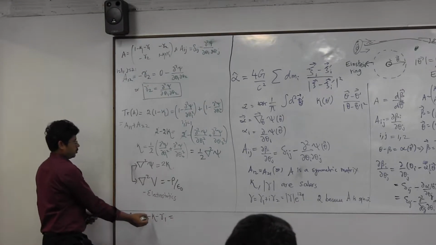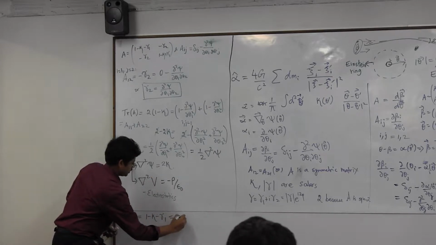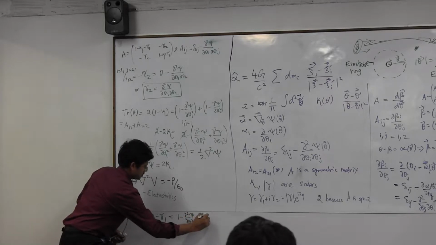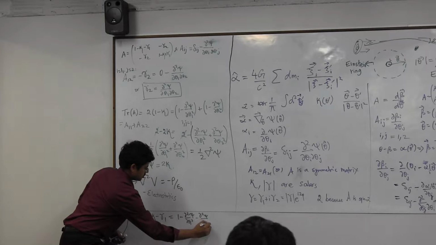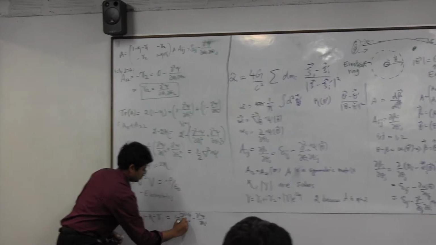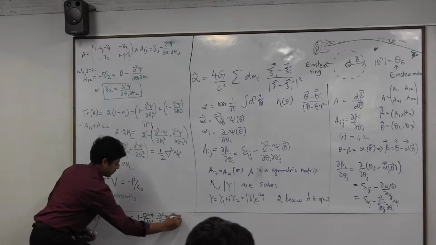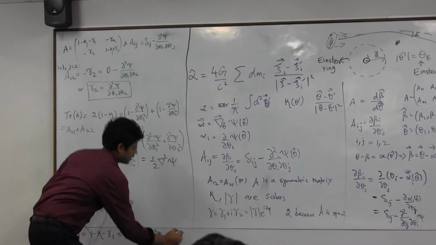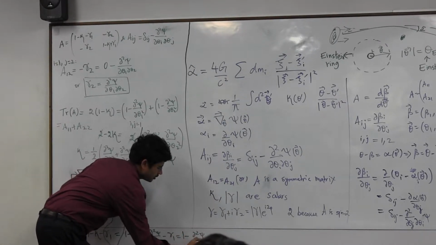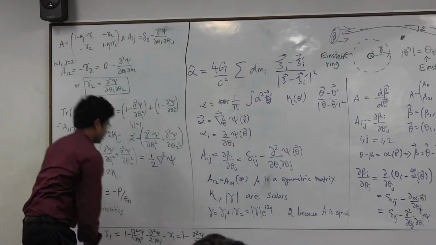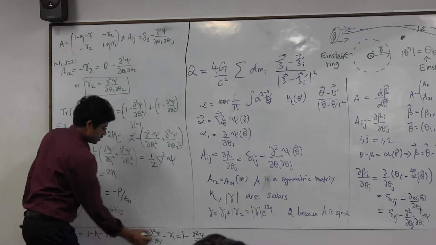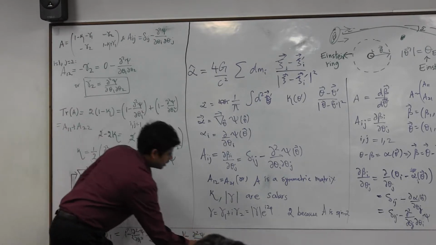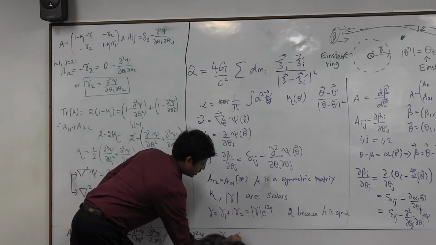And we already know what kappa is. It is 1 minus something, and A11 from this expression is something, so you can cancel the 1, you can bring gamma 1 to this side, everything else to the other side, and you will get gamma 1 to be half